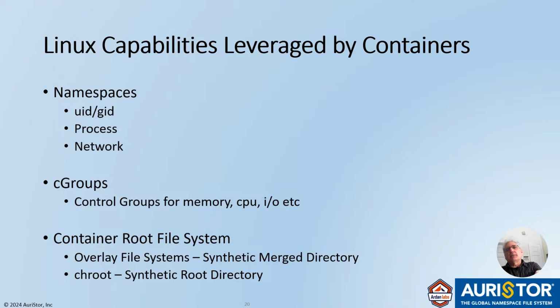The container root file system is, when you run a container, you're seeing slash and downward, and that directory of files you're seeing in that running container are not actually the directory that you're seeing on your host computer, because that would be very bad. That would be a security breach. And by the way, you wouldn't have deployed your software. The deployed software is in that containerized root file system. So there's two things to focus on, two things that have been developed in Linux over the years to handle that root file system: something called overlay file systems and something called chroot.